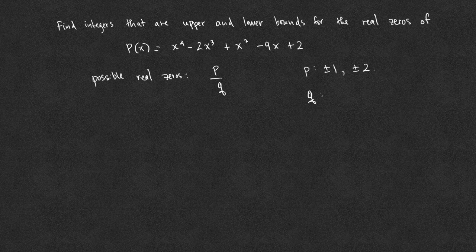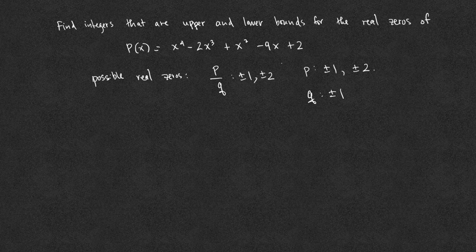q is a factor of the leading coefficient. The leading coefficient is 1 in this case, the coefficient of the term with the highest degree. And so q can only be plus or minus 1. If we take any number p divided by q, then the possible zeros are plus or minus 1 and plus